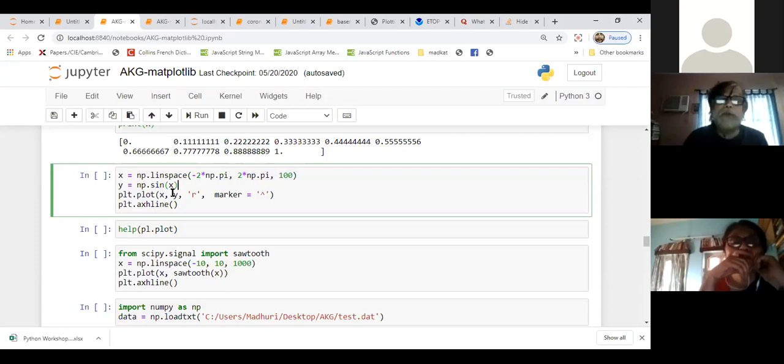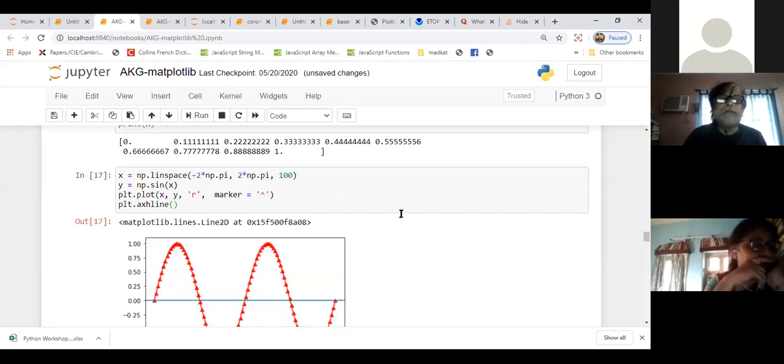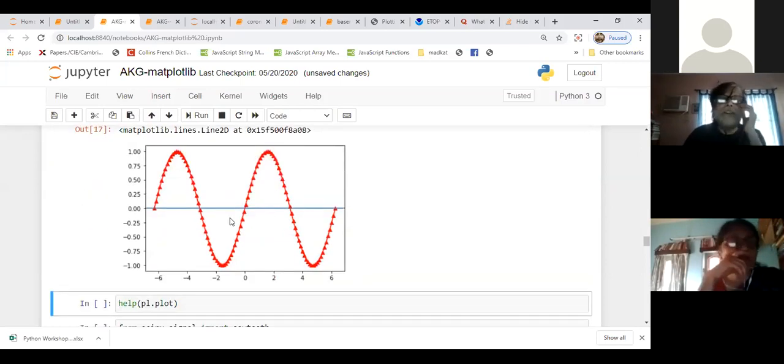And then you plot as usual. If you write quote unquote r, you don't even have to write color equal to r. It will understand you want to plot with red. And then the marker is something like this, say. And also I added here some axhline. AX means axis, H means horizontal line. That is a function. You could write something here, but that's not necessary. For the preliminary, if you run this, it will plot this. So it is as simple as that.